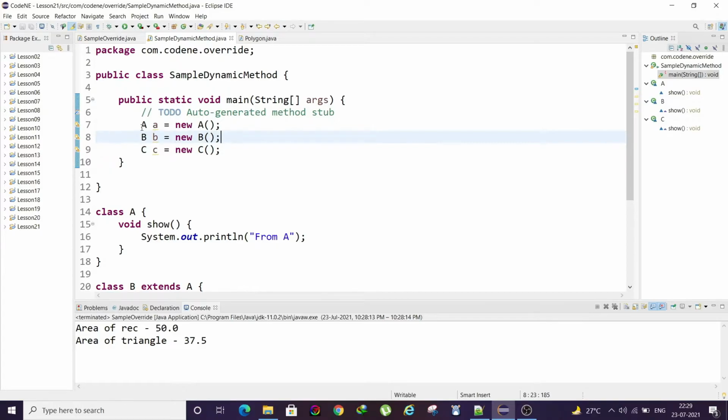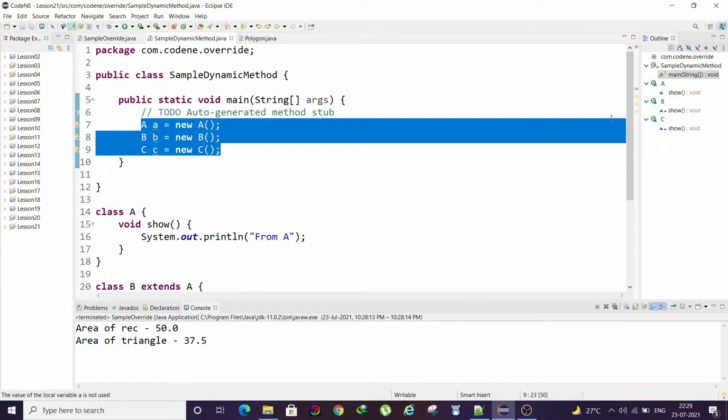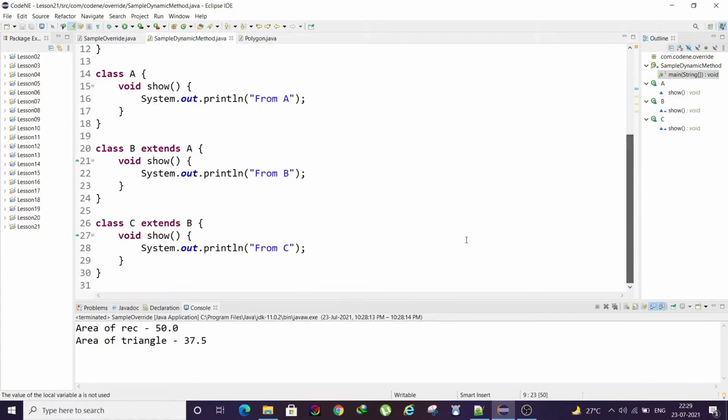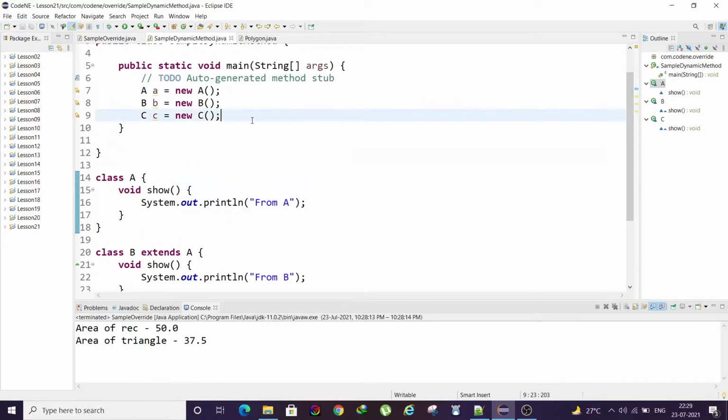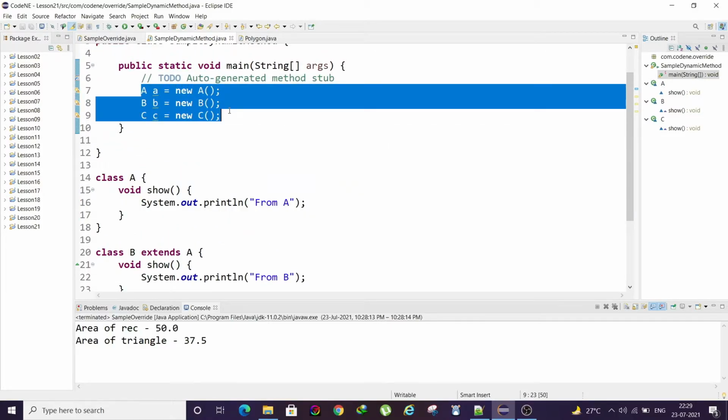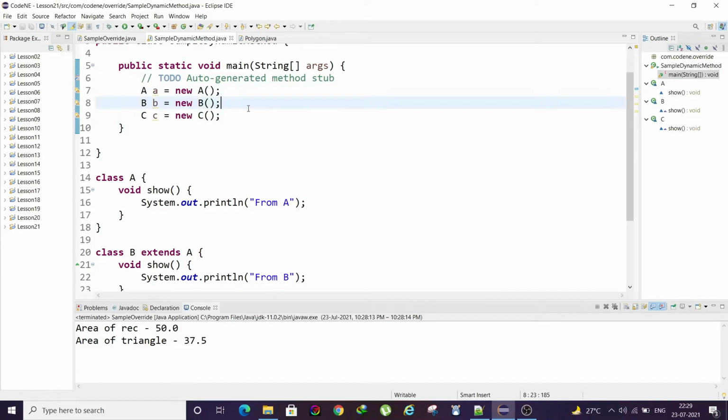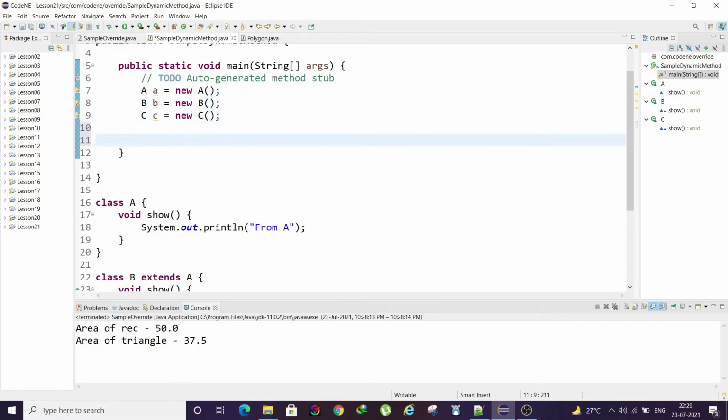To explain that, I have a code with three classes: class A, class B, and class C. A is your parent, B extends A, and C extends B. Simple. Then in the main class I have three objects A, B, and C.